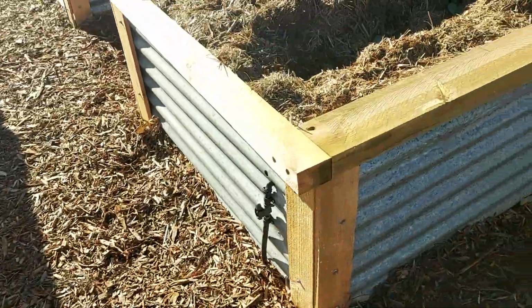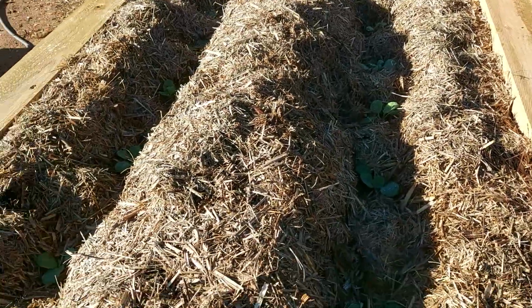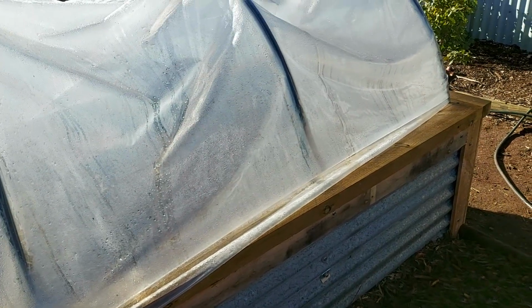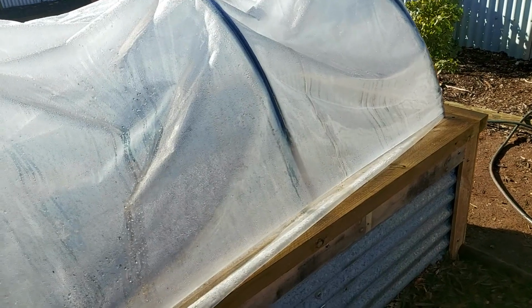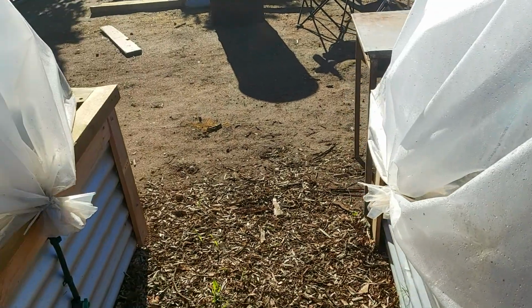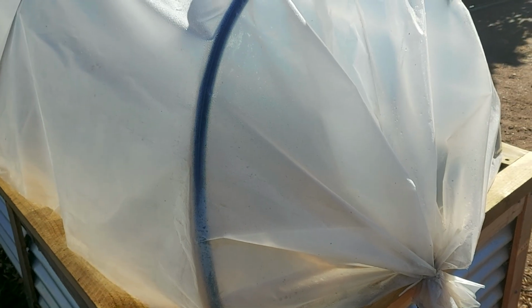Let's keep swinging around. Brussels sprouts. Put some seedlings in there. Now I've got 3 covered beds. One up at this one here, I've got pumpkins in, and I've got a few seedlings in trays in there too, only because it's nice and warm in there for them. This one here, I've got to remember what I've got in that one now. Chilies, red cabbage,